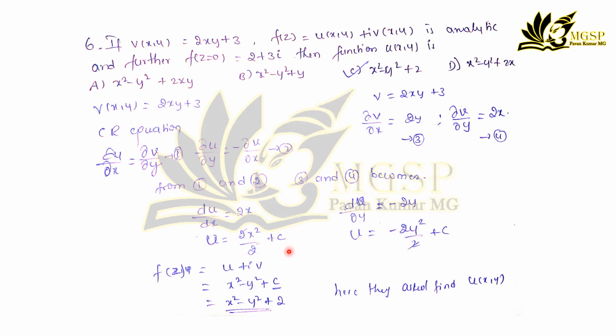One other thing is, we have to know the value of c. C means the constant term. Out of this you can see it does not depend upon any variables like x comma y. So the correct option is 2, and what they have given is finding the u of x comma y. So that is the value here.